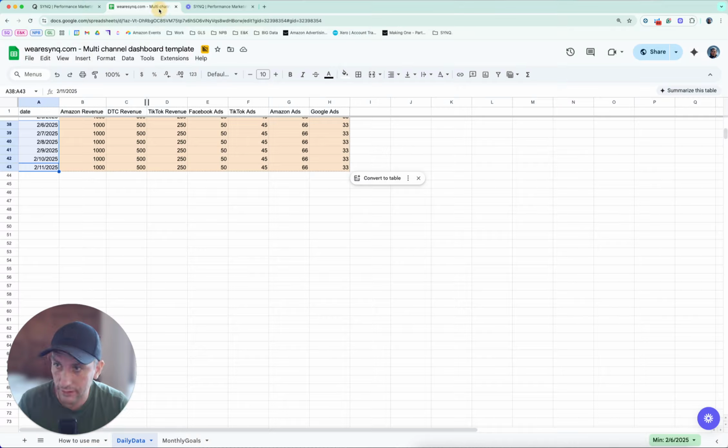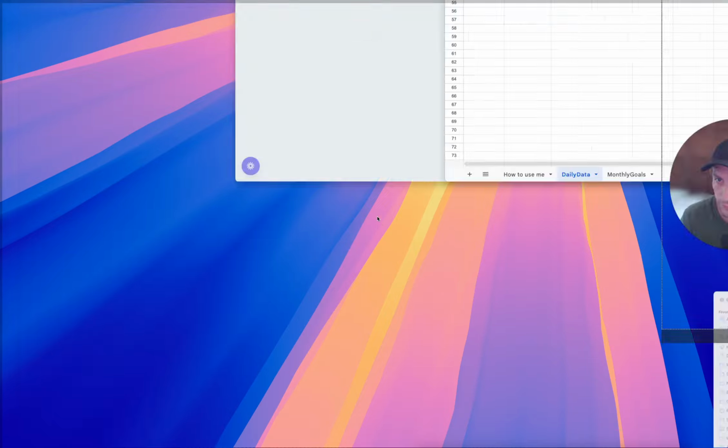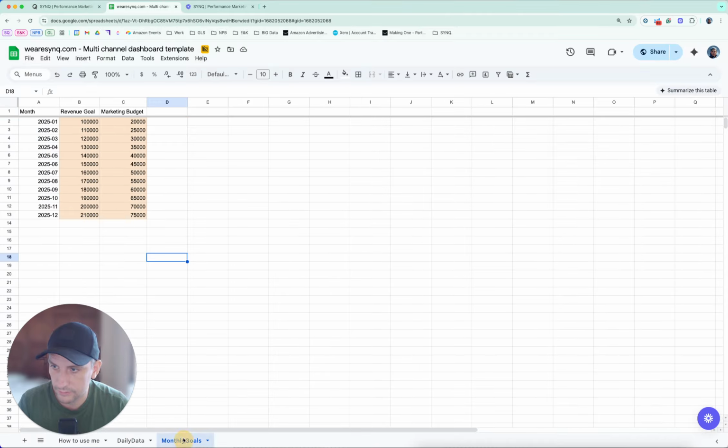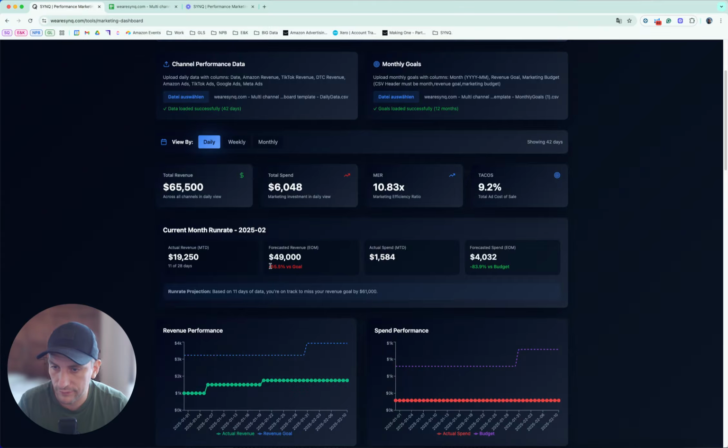110, right? Let's look back at our goal here. Oops. Our goal was 110,000 in revenue. That's 55% below the goal. Current month to date spend, forecasted spend by the end of the month for February, this would be 83% under